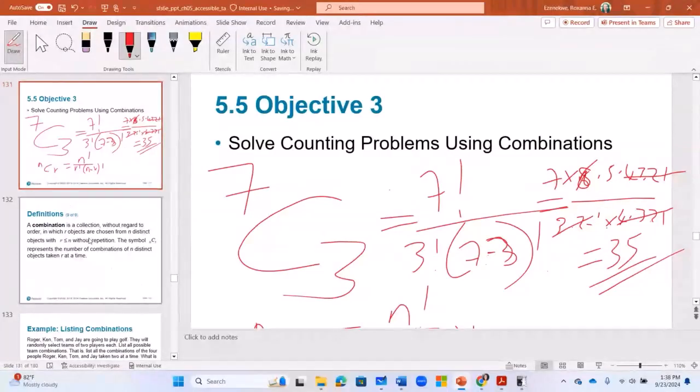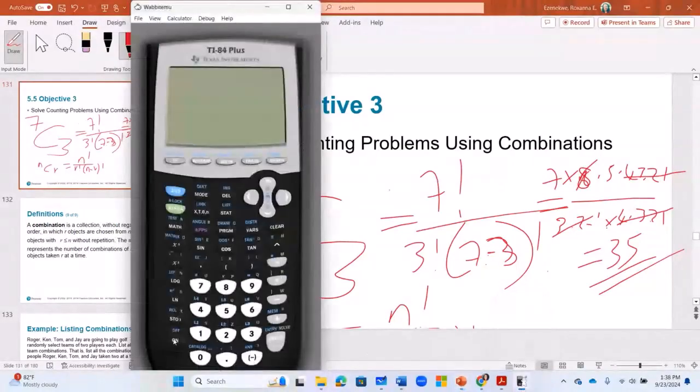Okay, so let me do that with my calculator. I am going to get my calculator and turn it on. How do I answer a combination question with my calculator? I will put in n. What is n? The total, the sample space. Remember that sample space is the same as the count, the same as population. So here you're going to hear sample space a lot. So 7,